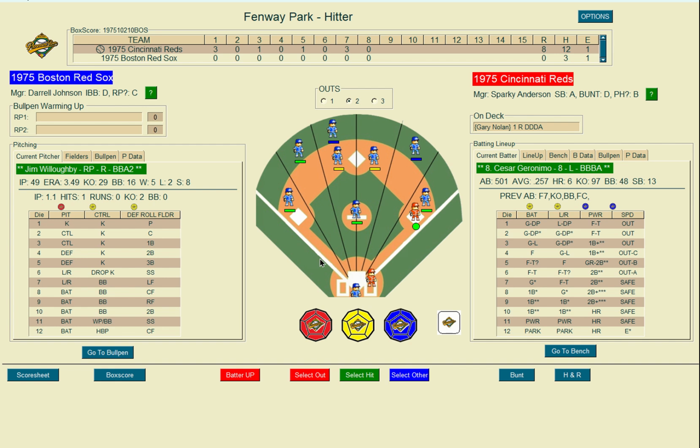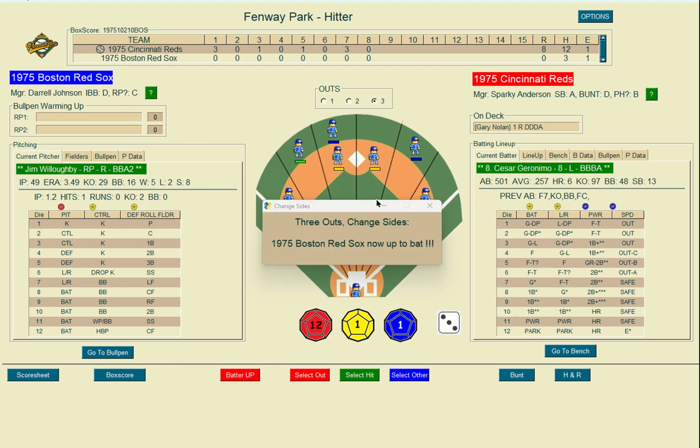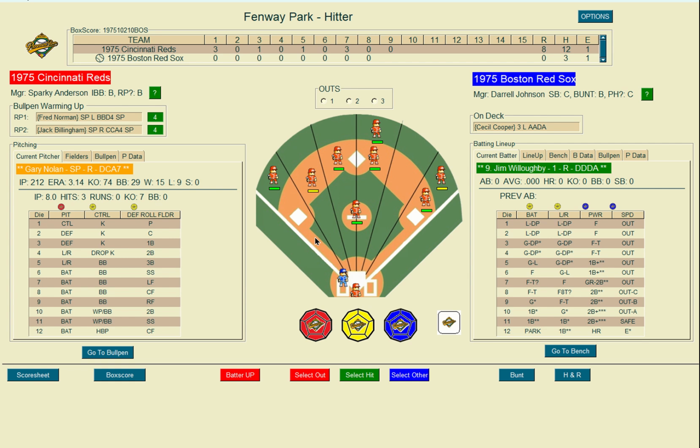Cesar Geronimo, 2 away. 12-1, ground ball. Lead runner 6, and that's it. Okay, Nolan's fatigued. He's now down from C to D, and control is B to C. But they'll give him a chance to go the distance. He's only given up 3 hits. He's well in command of this game, and the Reds are going to take this